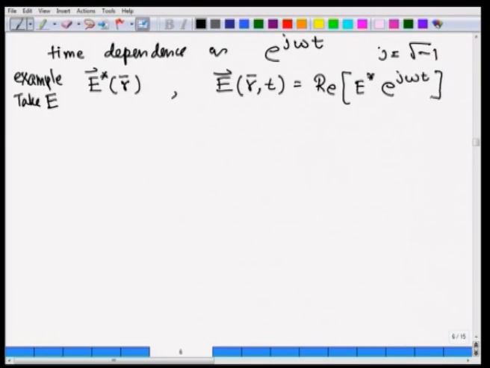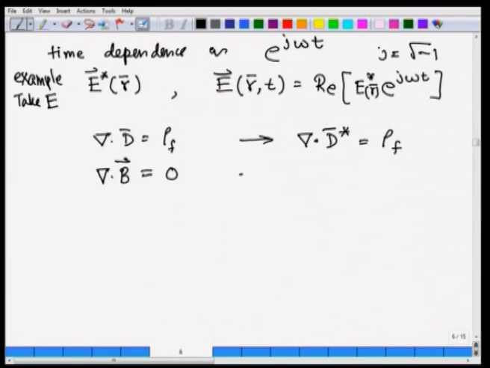It is the same thing which we did earlier also. Now I am doing it in a more generic fashion, and this of course is a function of position only. This is what the definition of a phasor is. In that case, the first Maxwell equation, which is given as divergence of D equals rho f, translates in phasor notation into divergence of D vector in phasor notation. I am drawing this asterisk to indicate phasor notation, equal to rho f, and the second Maxwell's equation translates as